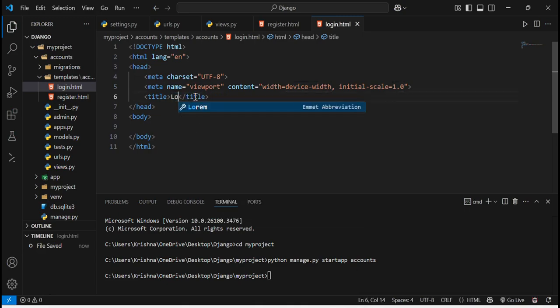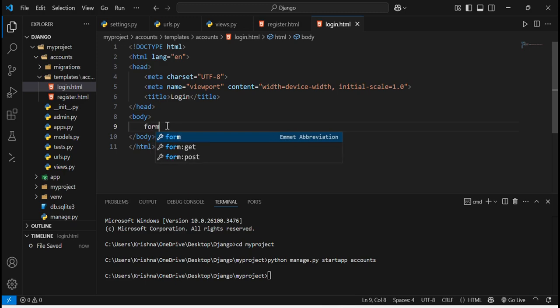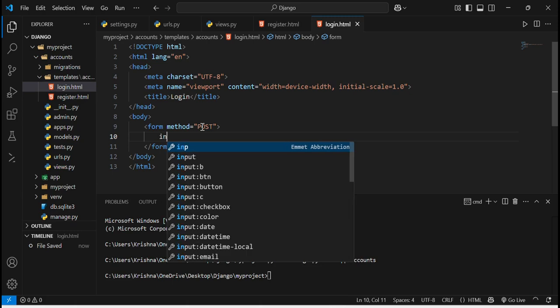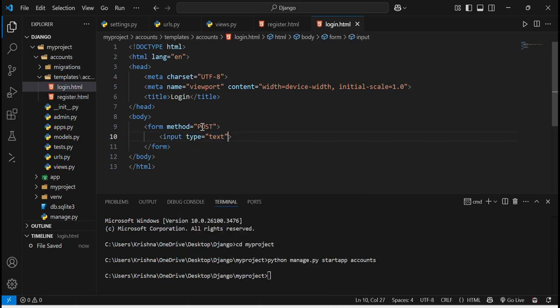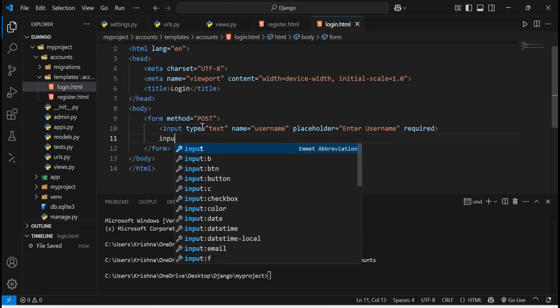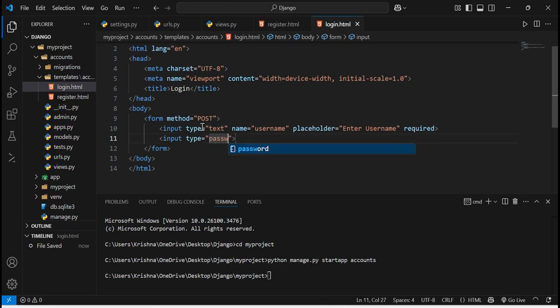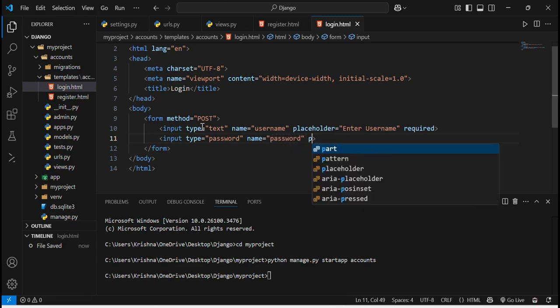I will do login over here. I will write form, not action. I will write method. The method is post again. I have to take input type is text, name is also username, and the placeholder is enter username, which is a required field. Again I have to take input is password for now, the name is password again, and the placeholder is